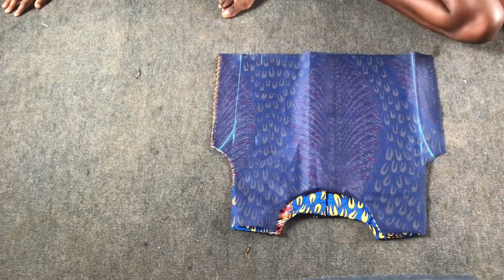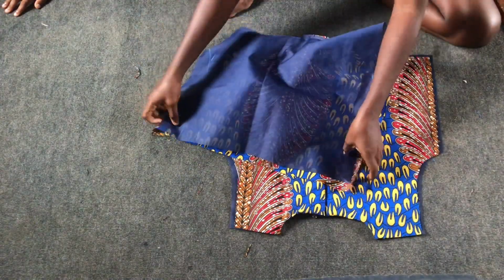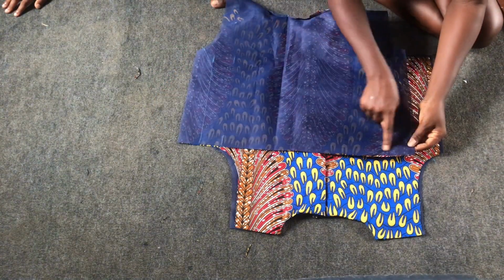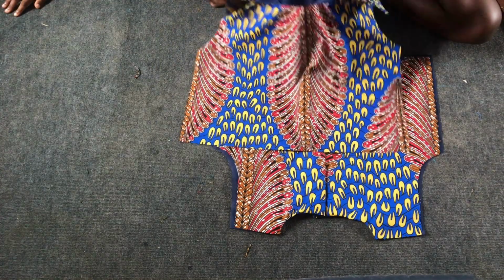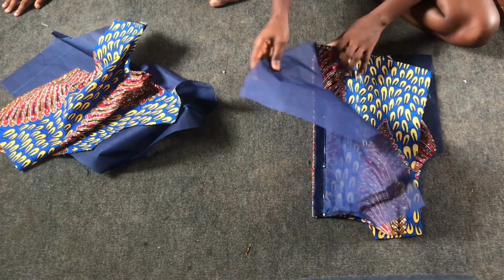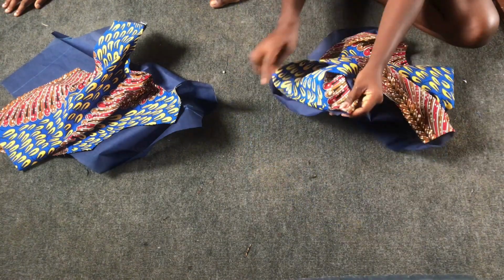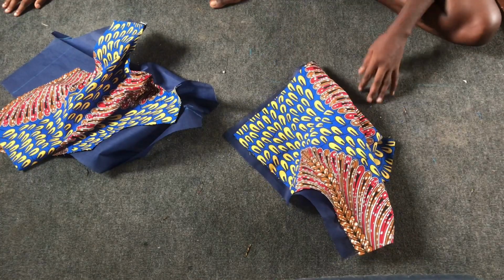The next thing to do is to go ahead and turn it out to the wrong side. Sew down about 1/2 inch and then bring it to the right side. But before that, I'll trim off 1 inch from the lining pieces. I'll do the same thing for the back pieces as well. I'll trim off 1 inch from the lining pieces and then sew. After doing that,